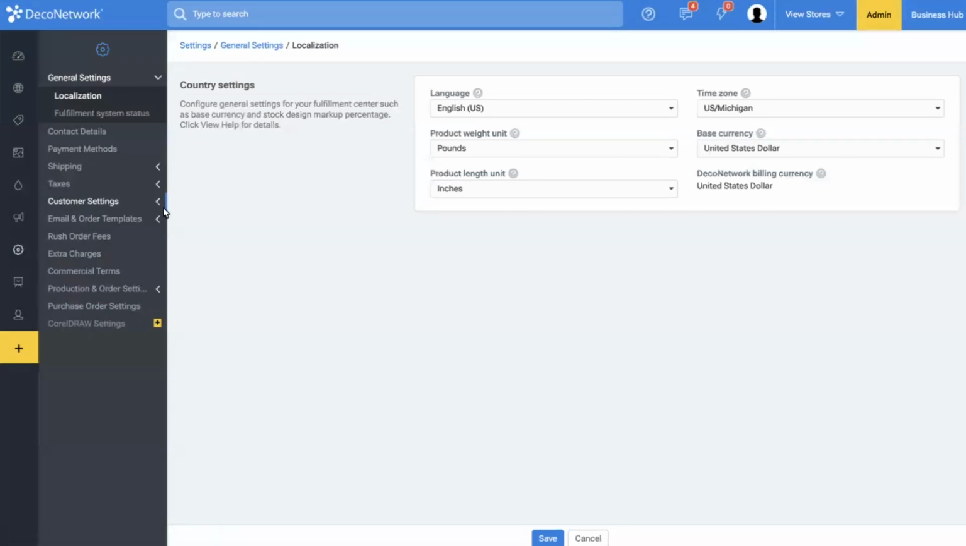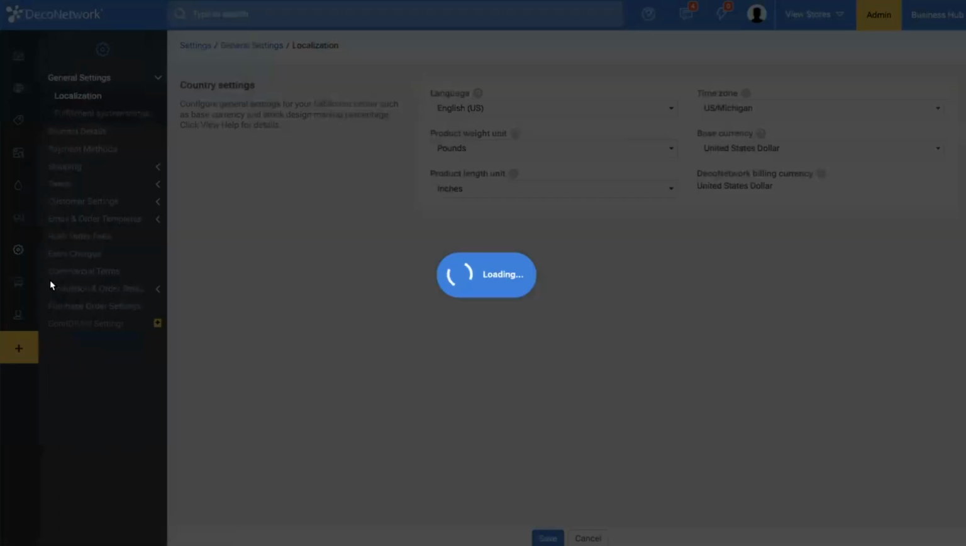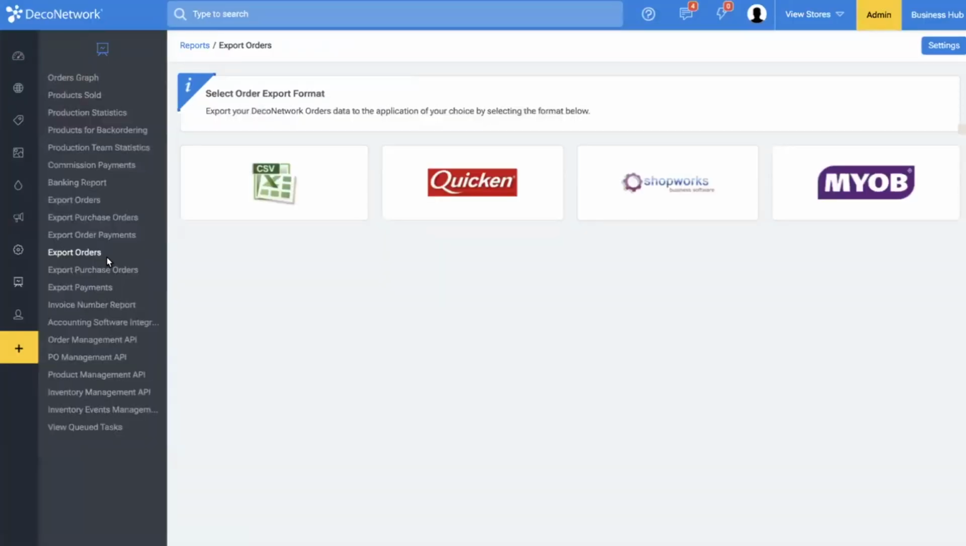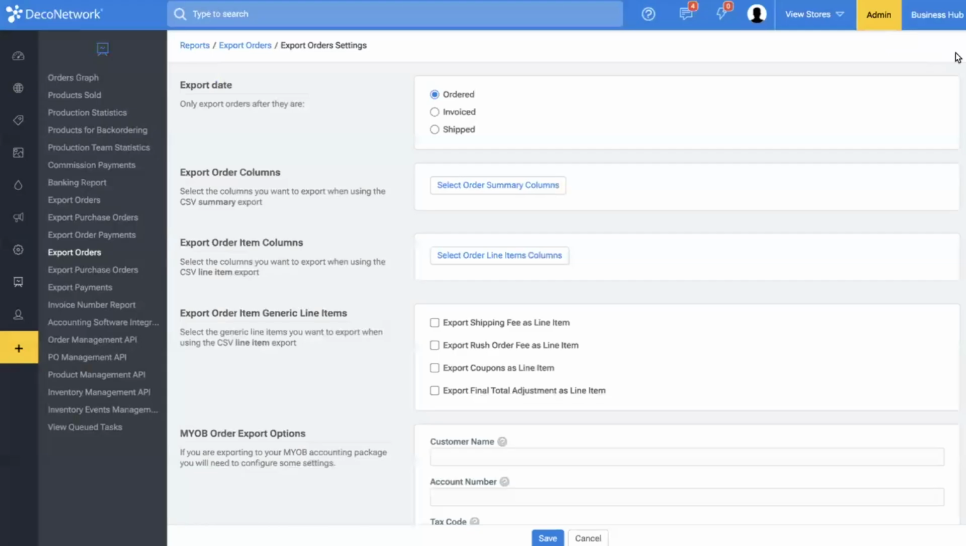Deco really prefers to empower their users to have the data to create whatever report you need to create. So here within reports, export orders, your CSV is going to be your most detailed report. What is often overlooked are the settings themselves. When we run a report, we can do it based on an order summary, so one line for the entire transaction, or we could break up each line in every order as its own line row in our